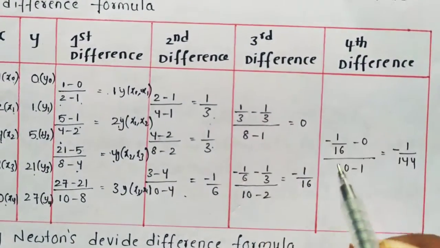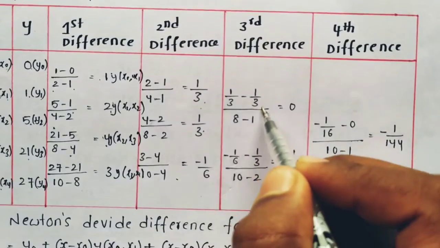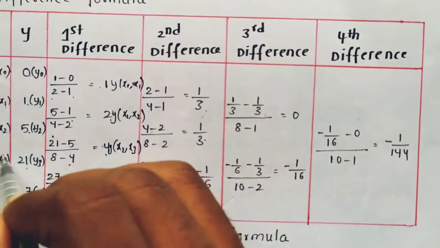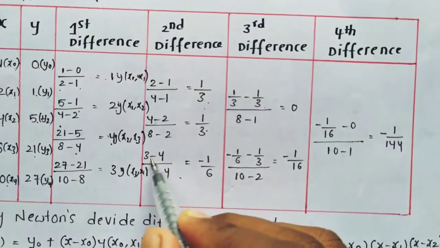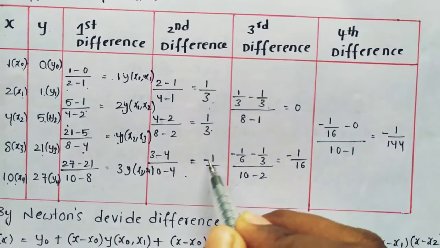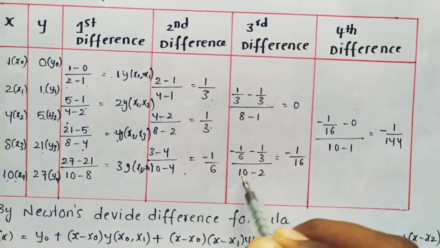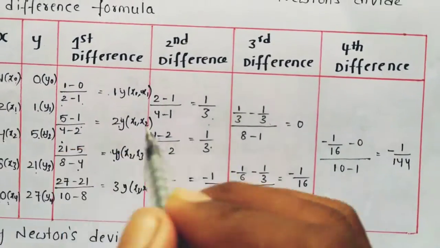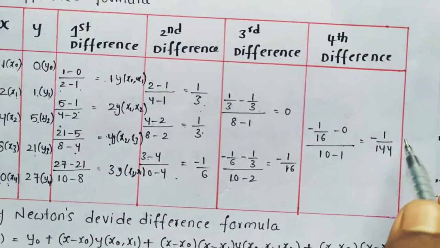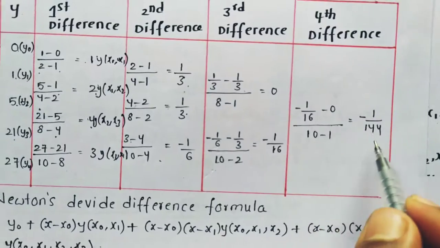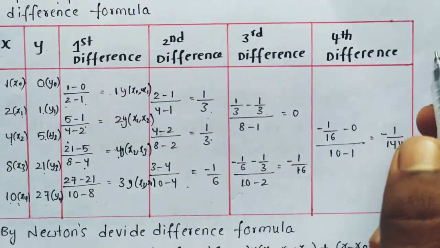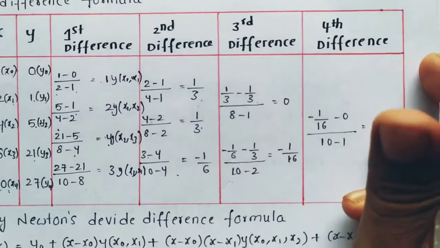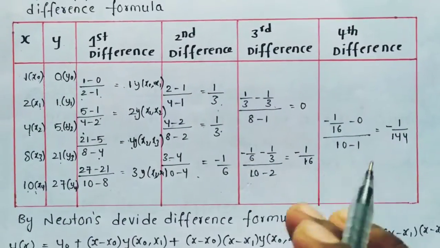The third difference is the same: 1 by 3 minus 1 by 3, divided by 8 minus 1, equals 0, and similarly 3 minus 1 by 6 minus 1 by 3, divided by 10 minus 2. Finally we can find the difference values up to the single value and substitute these values in